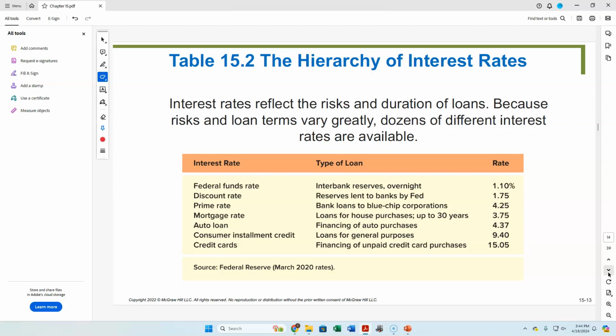When we are generally referring to interest rates, we're generally referring to what's called the federal funds rate. This is basically the interest rate that banks charge each other when they borrow from each other. It's practically the lowest rate out there because it's only overnight and it's banks lending to banks, and they're going to be pretty certain that they're going to get paid back. So that's what typically the Federal Reserve is targeting. And then all the interest rates go up from there.